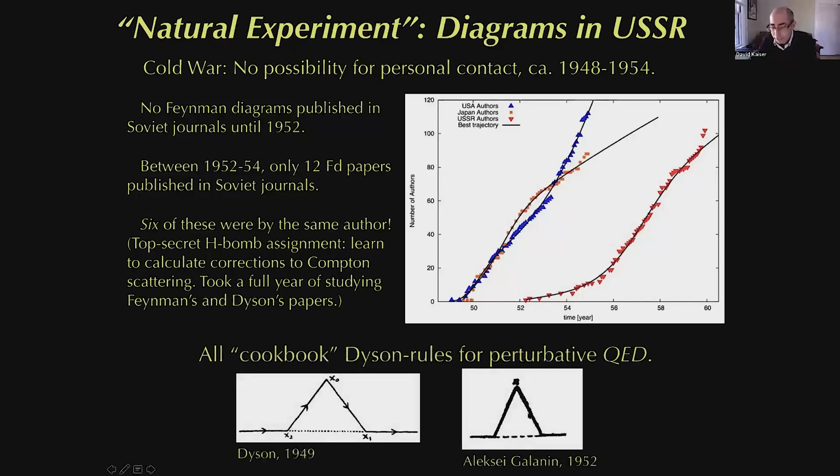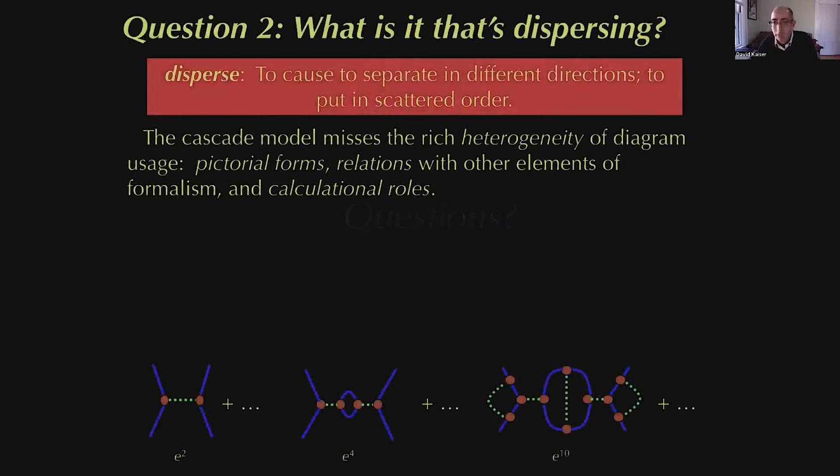Here's an example of one of Galanin's early papers. This is not to fault him; he did exactly what Dyson's articles had prepped him to do. But neither Galanin nor any of his immediate colleagues in the Soviet Union did any of the broader, more improvisational or more adaptive uses of the diagrams that were already becoming quite common in the United States, in Britain, and even in Japan. So you have a kind of transmission by text. It takes a lot longer, and the range of applications remains rather narrow. Okay, let me pause there. It was a long chunk, but let me pause there.